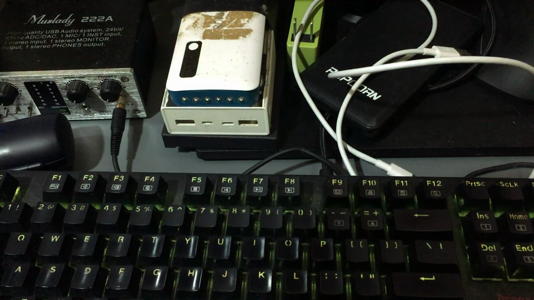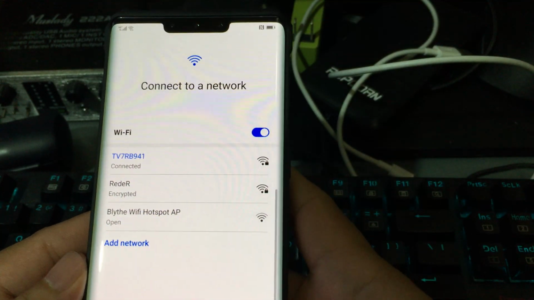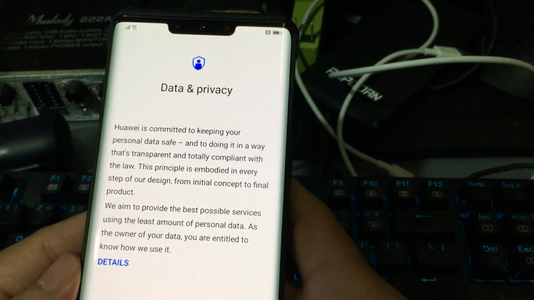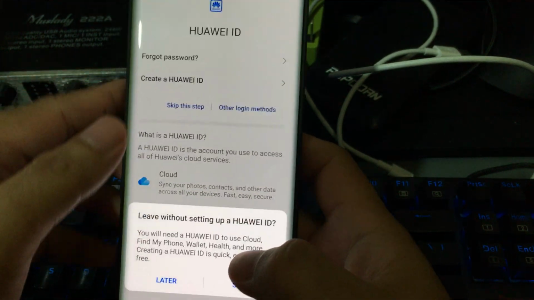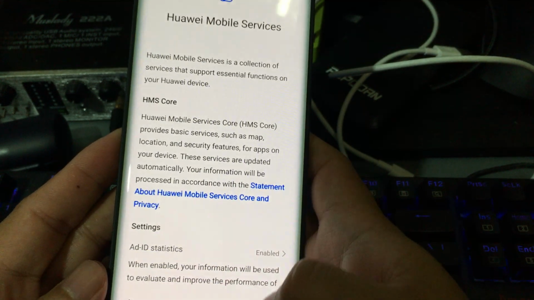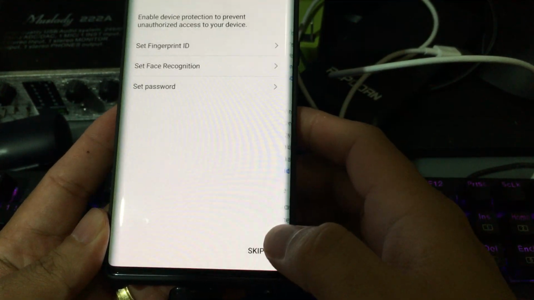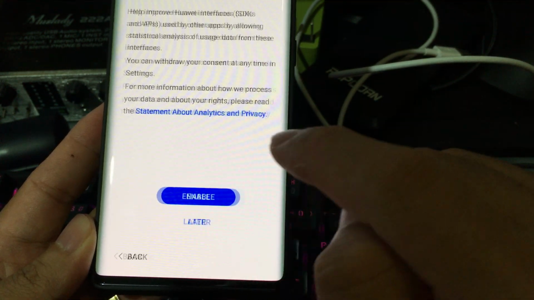So this is important. We have to have an internet connection to our phone, so we have to get connected with our Wi-Fi here. Now that it's connected, let's just say next. Later for the Huawei ID. Oops, sorry about that. More, next, skip, no thanks for now, later,